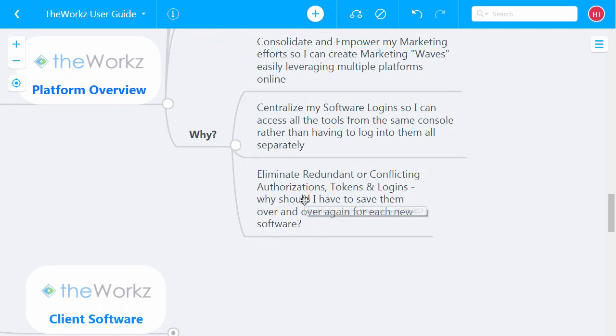There's no reason you should have to reauthorize or resave your login many times for many different software. You just do it once in TheWorkz, and then our client software will use the authorizations you have saved on TheWorkz. This saves you a lot of time and makes the software very powerful.